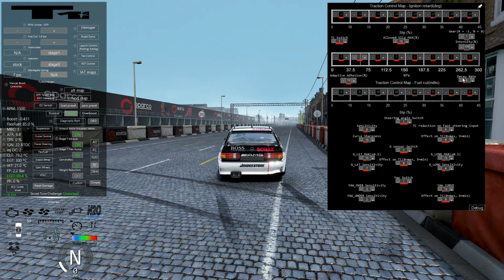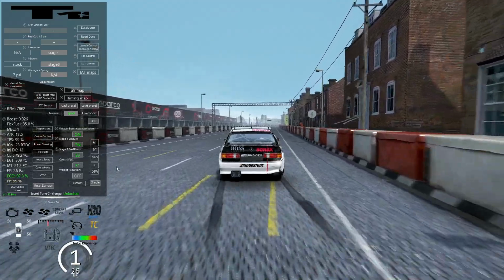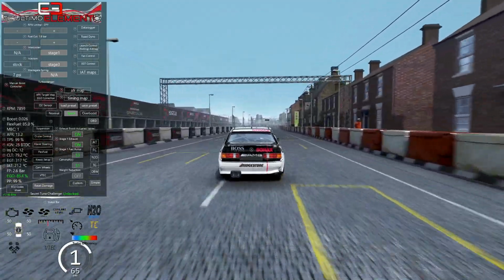This is especially useful on tracks like this, where the surface changes between asphalt and concrete blocks, which are much more slippery. All these and more new features will be